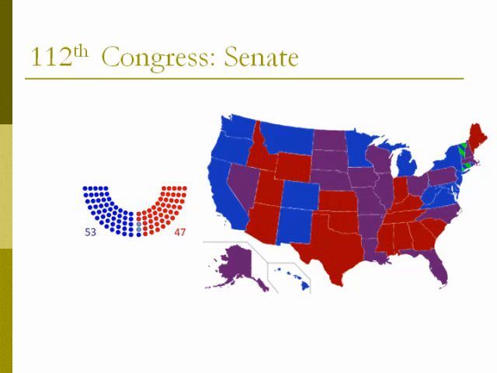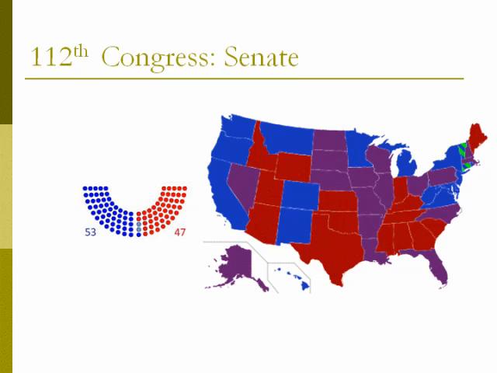This is sort of just an interesting graphic. Blue is the color for Democrats for some reason, and red is the color for Republicans. So in states where you see blue, it's all Democrats in the Senate. In states where you see red, it's all Republicans in the Senate. And then the purple states, you see one senator who's blue and one senator who's red. So it's purple. So you can kind of see that we've got 53 senators who are Democrats, 47 who are